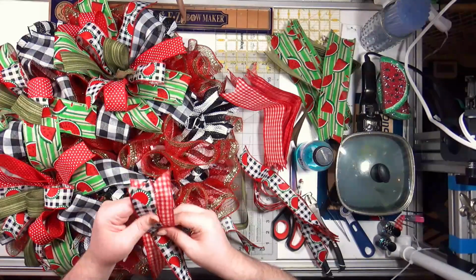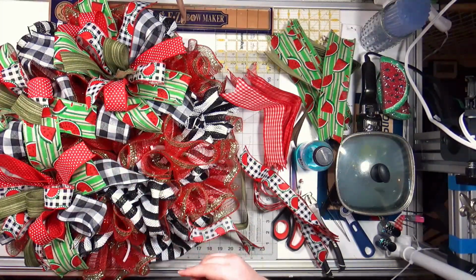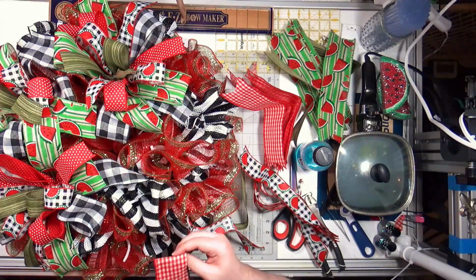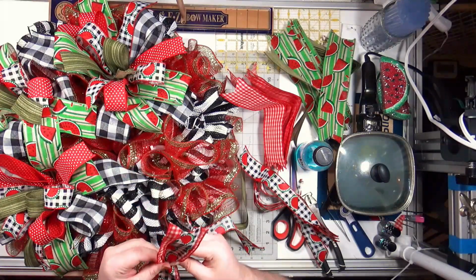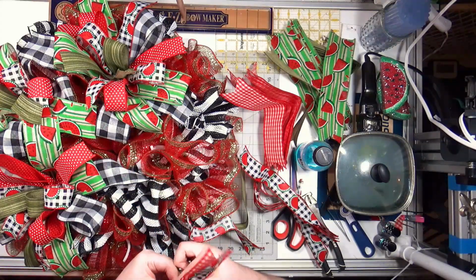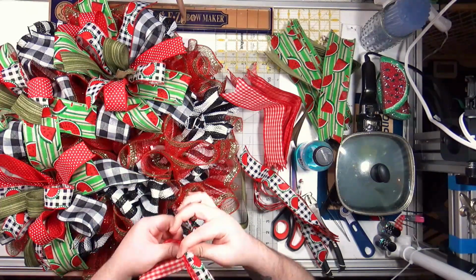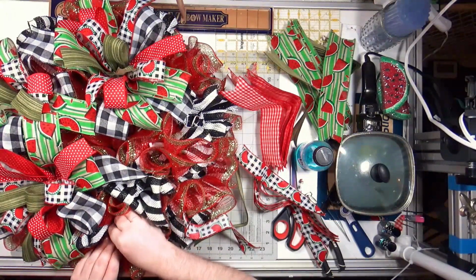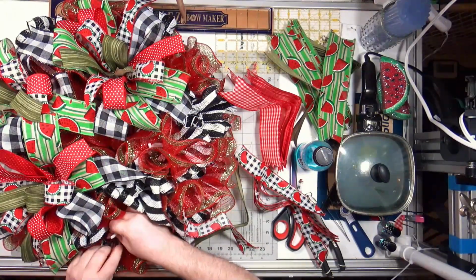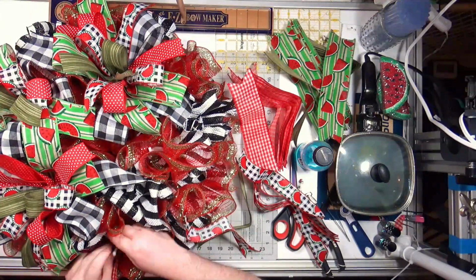Alright, so 12-inch tails. I didn't do 14 this time because I knew the bows were going to be a lot. 12-inch tails, dovetailed, fold them in half, pinch them in the middle, nice and tight, turn them into a little bird, and put them in here. Give them a couple of twists,